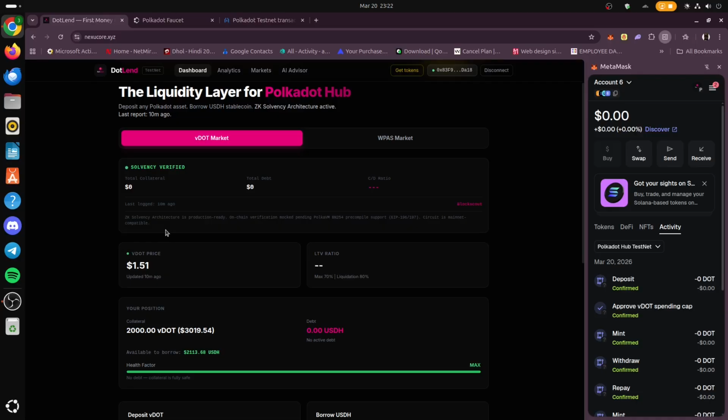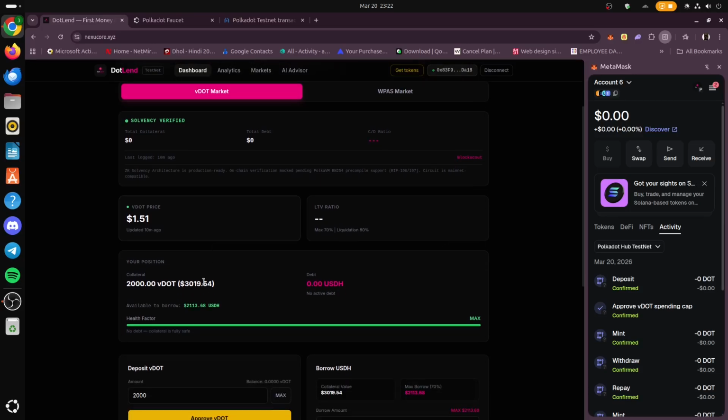Okay, so now currently our position is 2000 vDOT. It's as collateral, and the amount you see here, 3019.54 US dollars, is calculated against our vDOT price, which is around 1.51 US dollars. Okay, and our total amount is 3019.54, but what we can borrow is